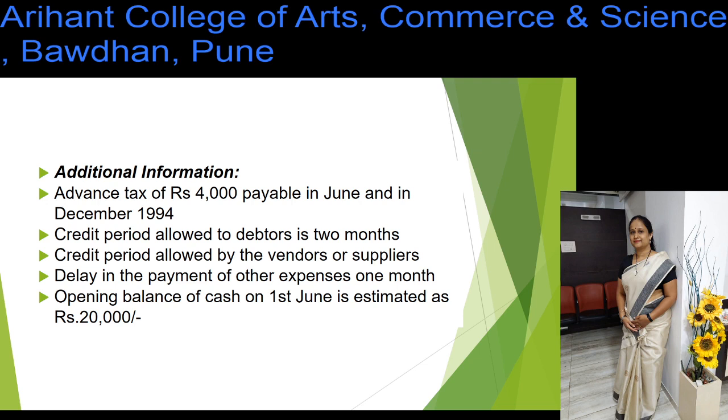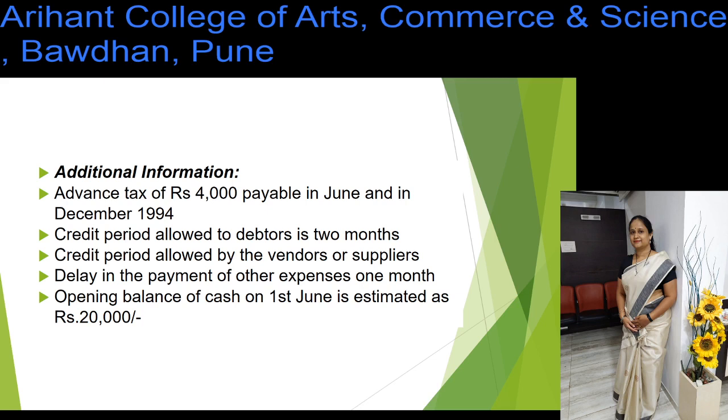Credit period allowed to debtors is 2 months. Credit period allowed by vendors or suppliers, and delay in payment of other expenses, is 1 month. Opening balance of cash on 1st June is estimated as 20,000. So for solving this problem,